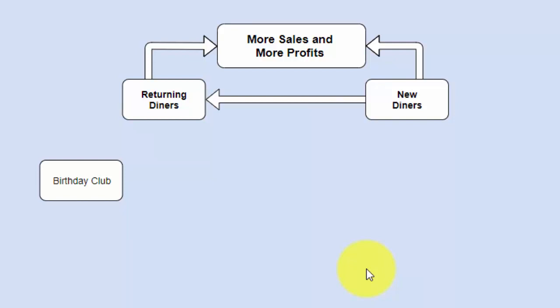So how will your birthday club work? Well, people join the club by text or online form, and they give their name, email address and mobile phone number, and of course their birthday. They can join the club at any time of year, but 2 weeks before their birthday, they receive a text message with a birthday offer from you. This works best when it's a free meal for the birthday boy or girl, but it can be whatever you want to offer. To claim their free meal, they need to book a table and come along with at least